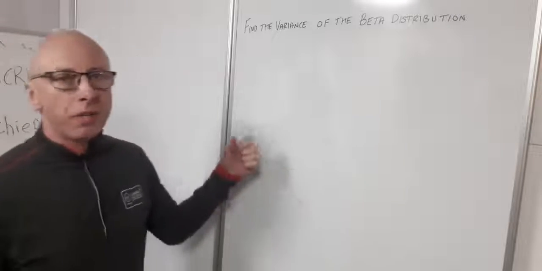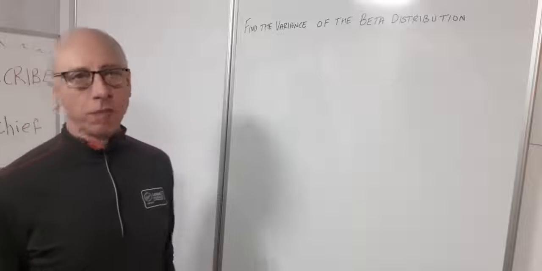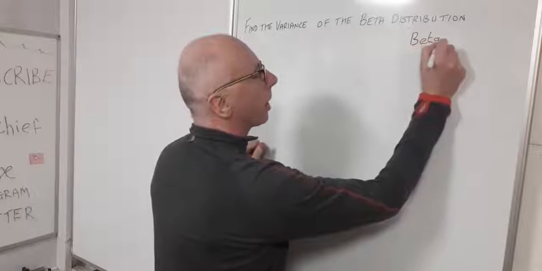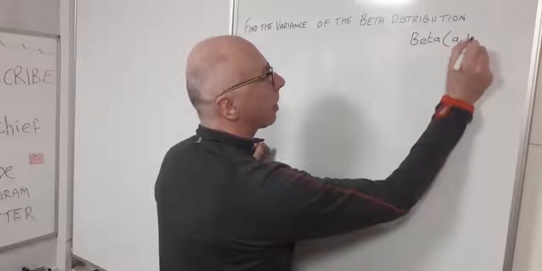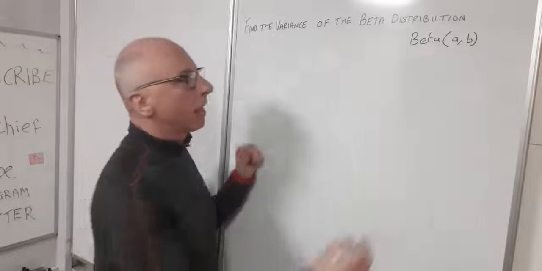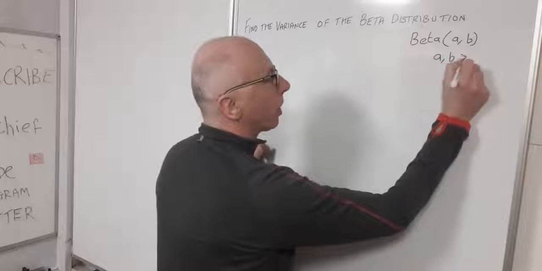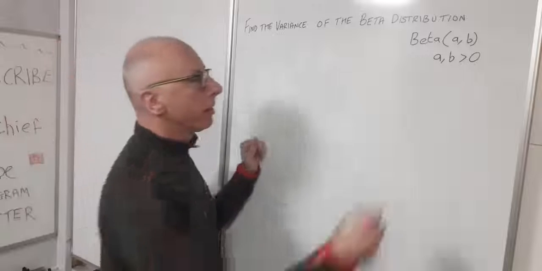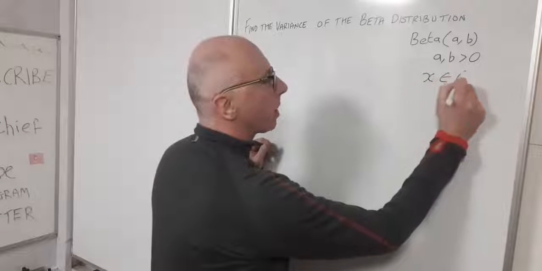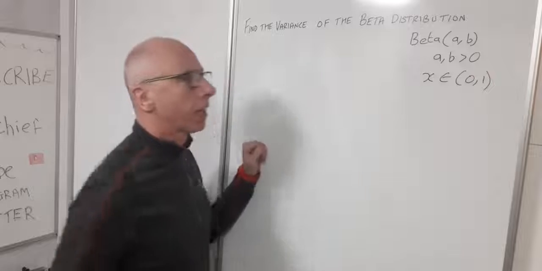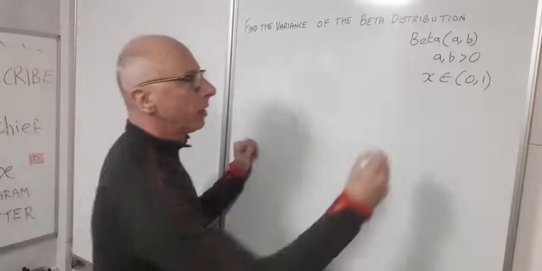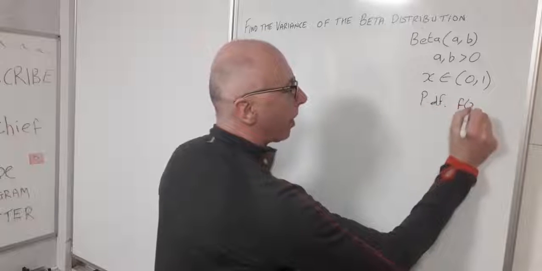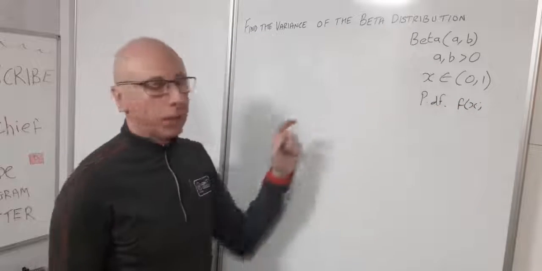So in this video we're going to find the variance of the beta distribution. Now the beta distribution is written as Beta(a, b), with parameters a and b which are both greater than 0, and the support of the random variable x is always between 0 and 1. And the PDF, which is f of x given our parameters a and b,